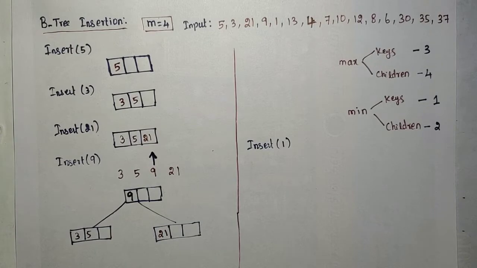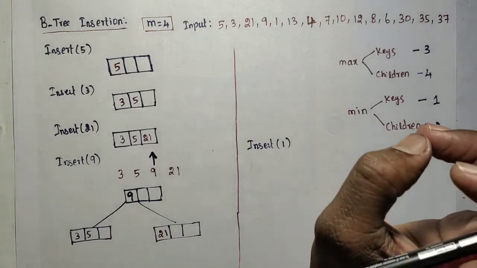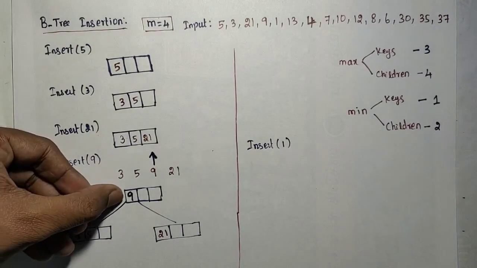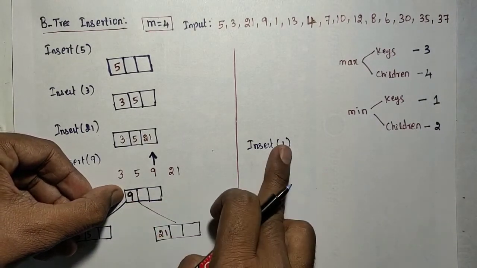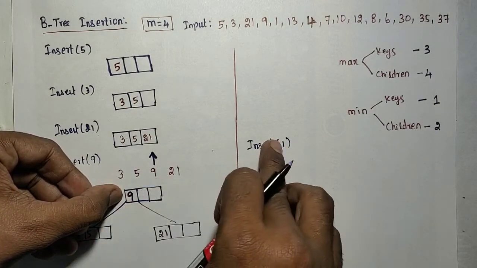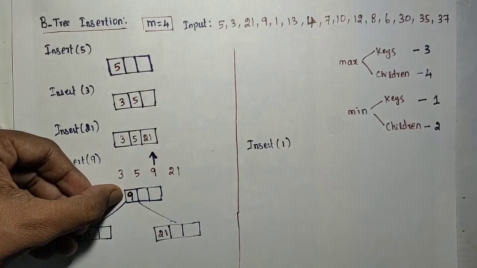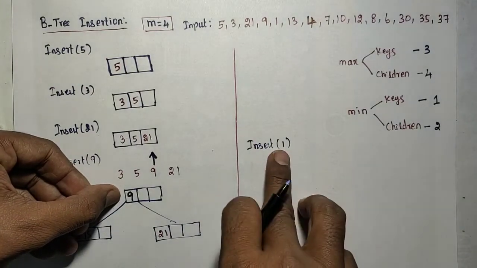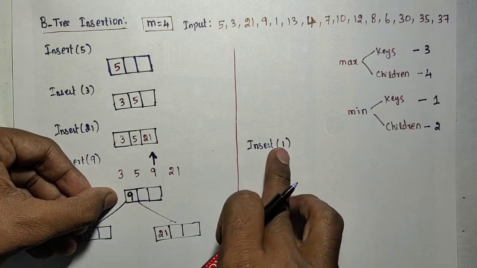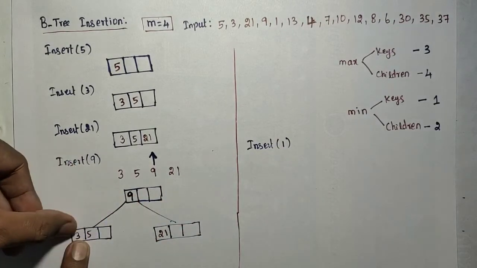Keep it in mind. I need to look for the leaf node into which the new node is to be inserted. Even though the space is available, I cannot insert the 1 in the root itself. To find which leaf to insert the 1 into, we have to search. For that we compare the value of the new element with the element here. The 1 is less than 9, so it should go here.